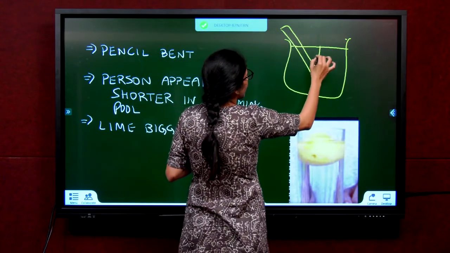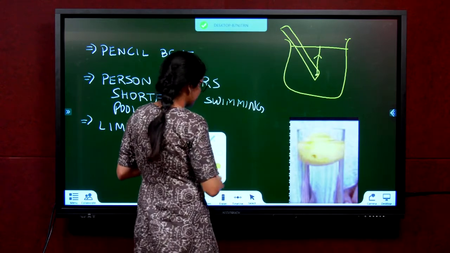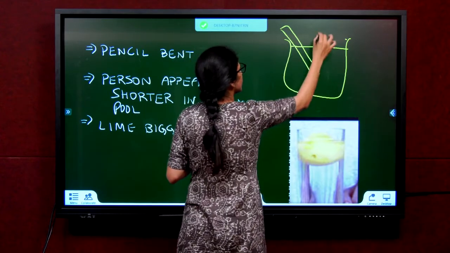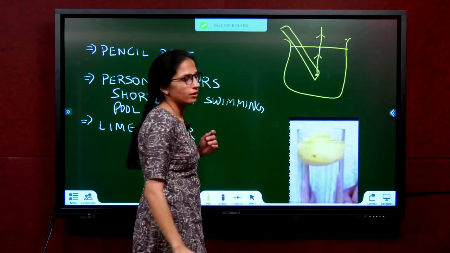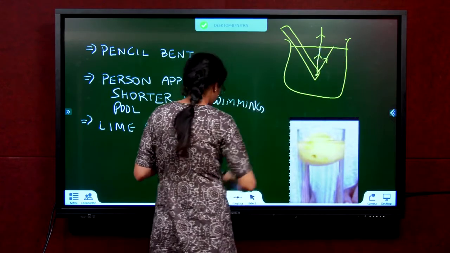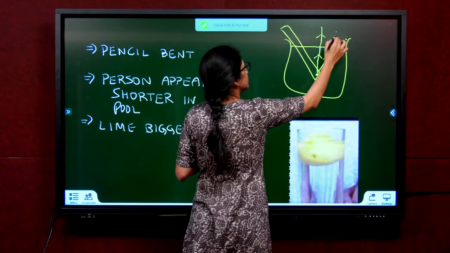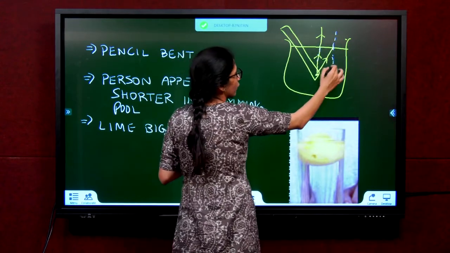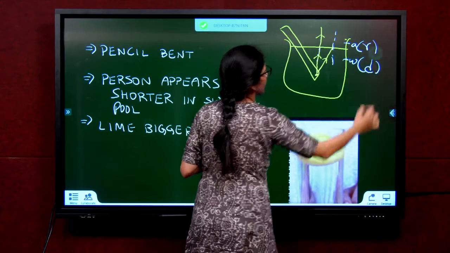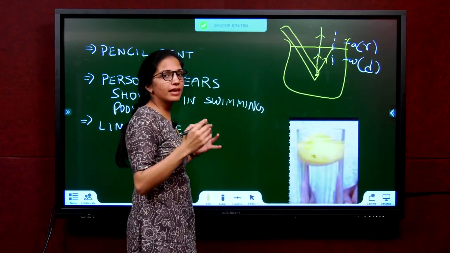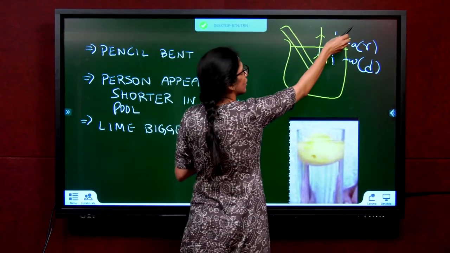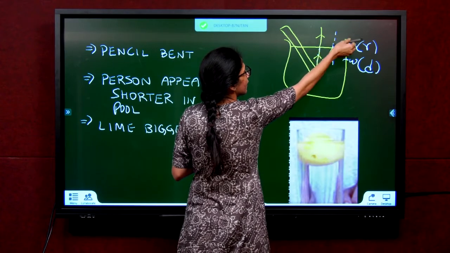So if there is a ray coming at normal incidence, since this is the normal and it is coinciding, the ray will go undeviated. It will continue like that only. Now, if the ray is bent, that means there is some angle of incidence. It's going from water to air, denser to rarer. So if the light is going from denser to rarer, the ray moves away from the normal. So now the ray had to go like this, but now this is the normal. It will go away from the normal.